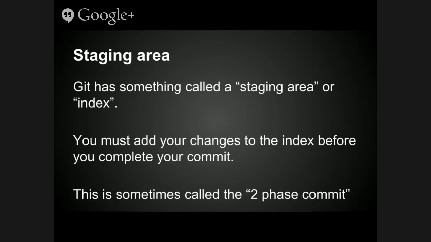The design philosophy behind it is that you can be working on a big tree of stuff and you want to add certain changes in, but maybe not some other changes. So you add the specific changes that you want to have be part of the commit, and you commit them with a message. So that's a two-step thing, whereas with something like Subversion, you check something out, and when you check it in, your changes go, and you check in per file. Whereas Git commits can contain multiple files, all under one SHA-1, all under one hash, that you stage and then commit.